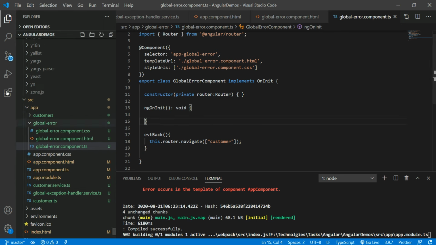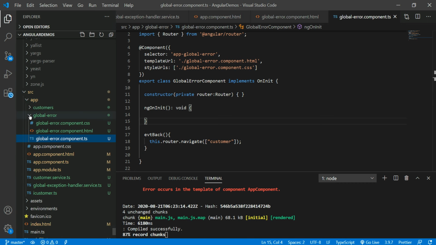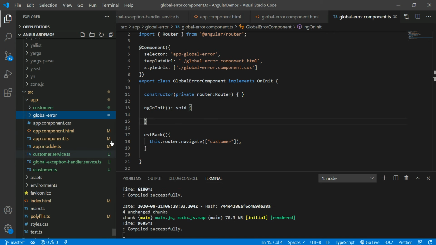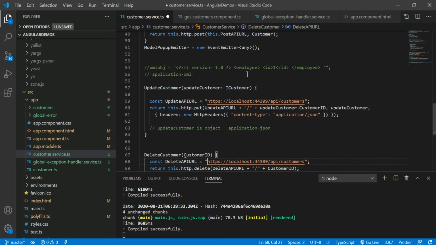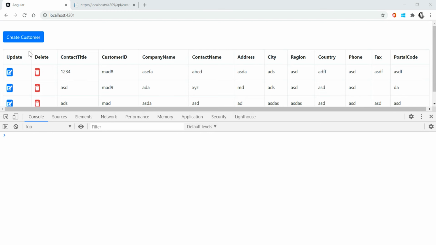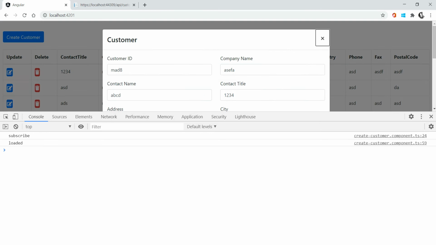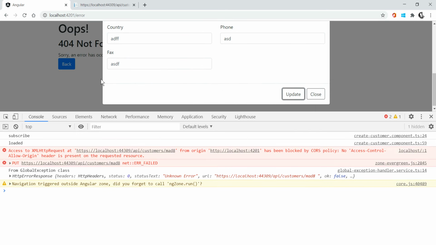Right now I'm writing the exception for the put request, because if you give the exception for the get customer, I want to see the customer component, right? That is going to be loaded first. So let me add the exception for the put request. That is the only change here. Let's close this. Open this, and once you open that, you can click update. Definitely we will get the exception. Now it's working fine.